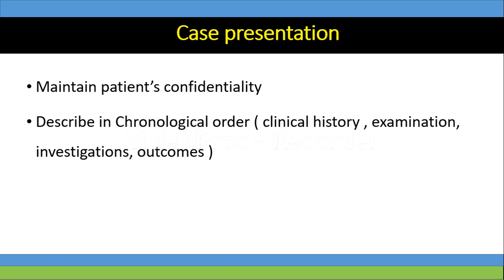And whenever you are trying to describe the problem, please describe it in chronological order. So always start with a detailed clinical history, starting from how the problem started. Was it traumatic, non-traumatic? Is it progressive, non-progressive? Is it associated with some other problems or not? Family history and stuff like that. Then you have to describe the relevant clinical examination in detail. Please remember, there is a major difference between the clinical examination that we do for our clinical exams, where we have to describe everything in detail, and a case report. In a case report, you don't have much room to write. So you only focus on the pertinent positive and negative findings.